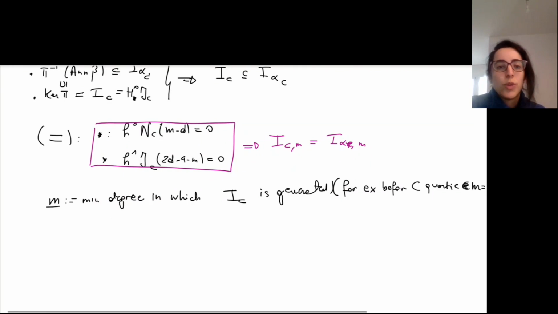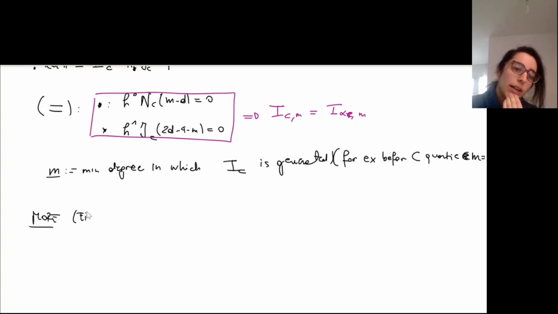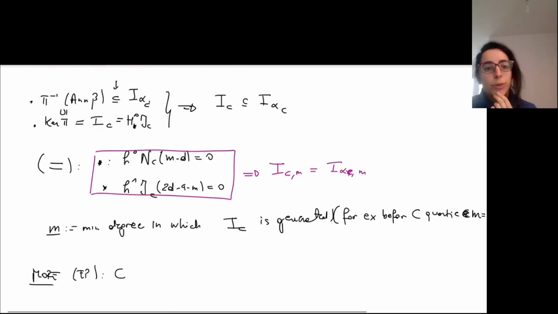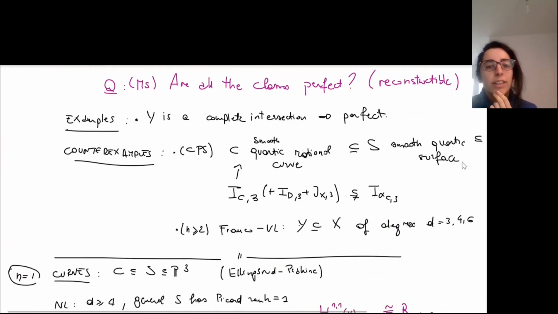Maybe I don't want to stress those things because they are numbers. And the condition is this one. And we can find more thanks to Ellis-Grunner-Peskin. In particular, for complete intersections in general, so in particular also for curves, we know that complete intersections are perfect classes,